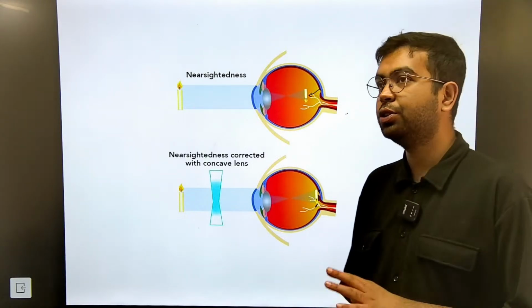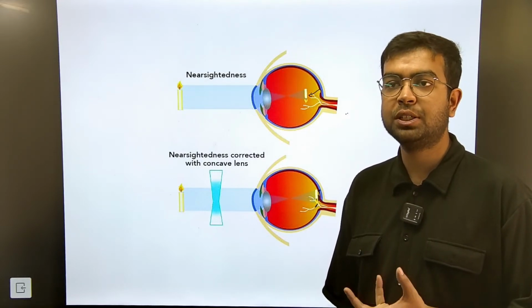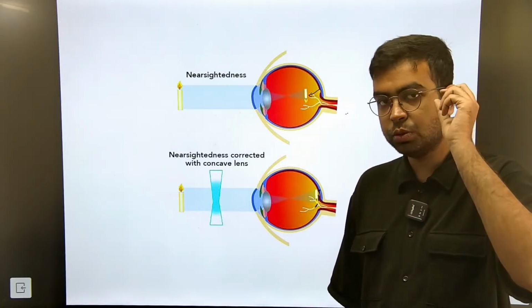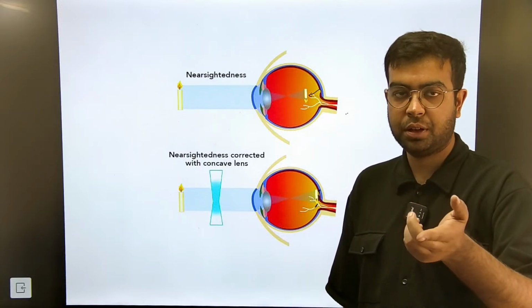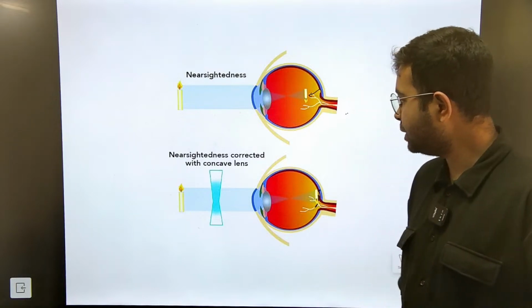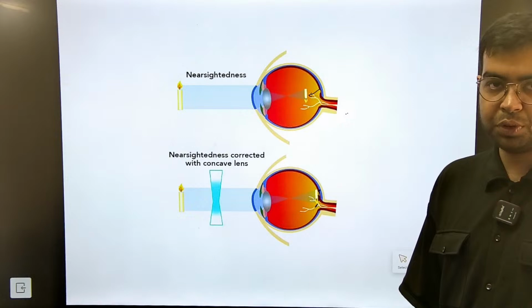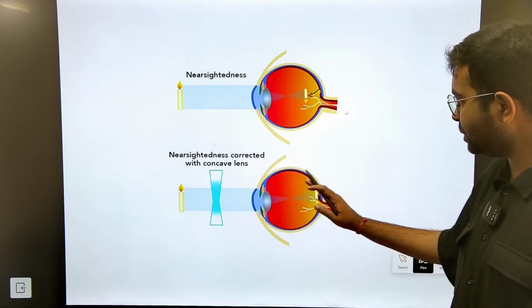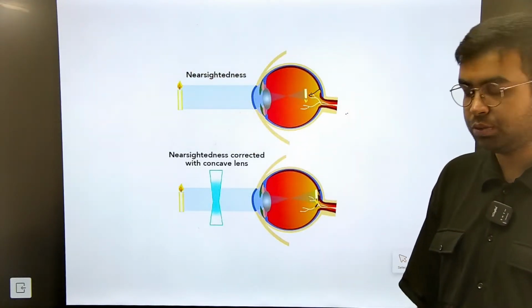So myopia or short sightedness or near sightedness, whatever you call it, is a defect where a person cannot see things। उसको दूर की चीजें दिखाई नहीं देती है। क्यों? क्योंकि उसका जो फोकल लेंथ है इमेज फॉर्मेशन का, वो आंख के पीछे के स्क्रीन के सामने आ जाता है। तो वो फोकस वहां पे कर नहीं पाता, इमेज उसको दिखता नहीं है। But the focus can be shifted। How? The focus can be shifted by using a concave lens in the form of spectacles or contact lenses, whatever, and by this the focus can be shifted back to the screen and we can easily see whatever is far away from us as well।